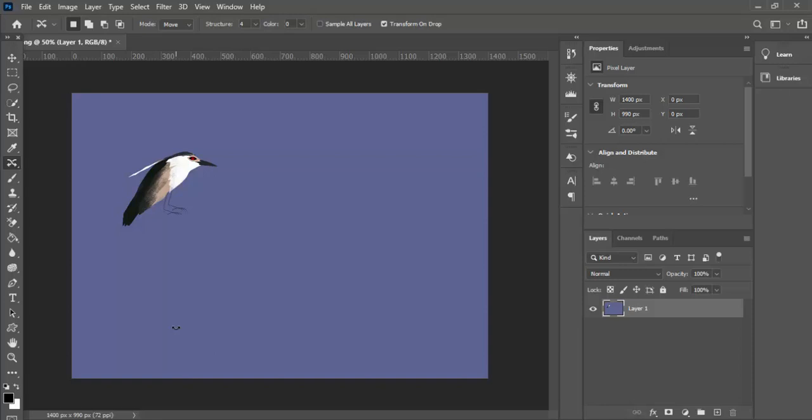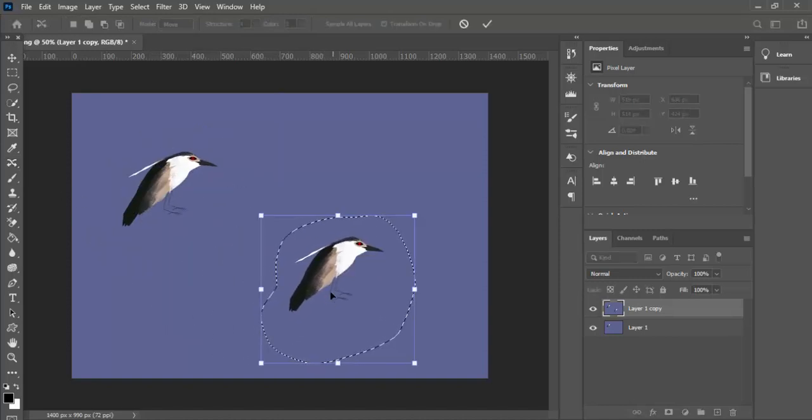So again, I want to move it. I create a new layer. No, I delete this layer. Press Ctrl G and create a copy from this layer, and I am on the new layer. Again, I use the content aware move tool. Select the part I want to move. Okay, I move it